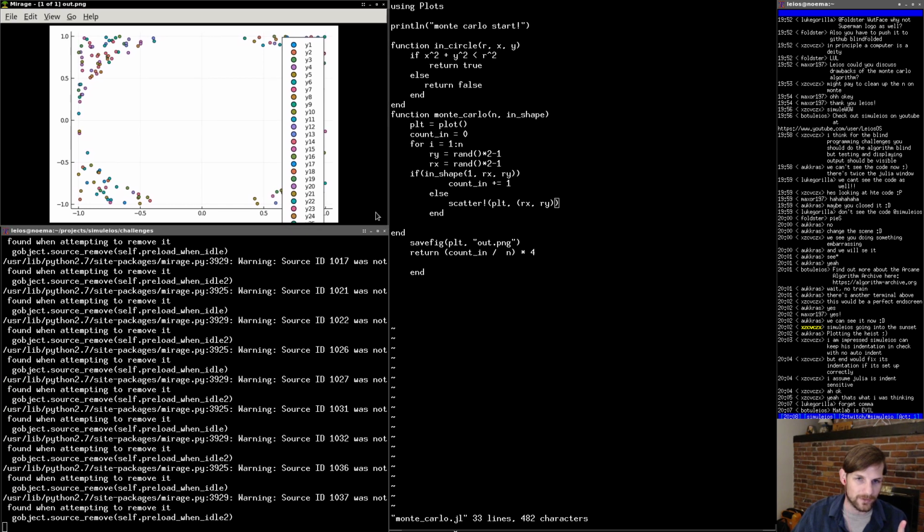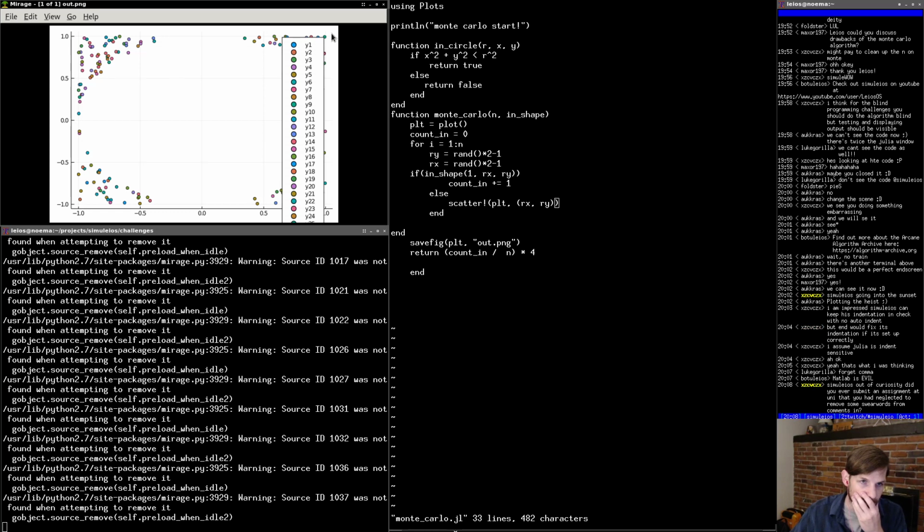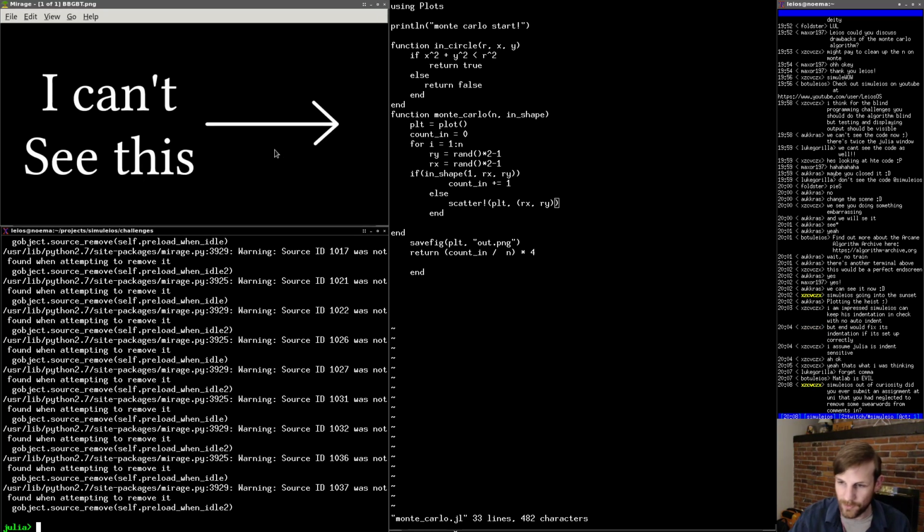We need to make it so the labels don't exist, but we do have the outer part of the square. And now we have to make sure that all the points are the same